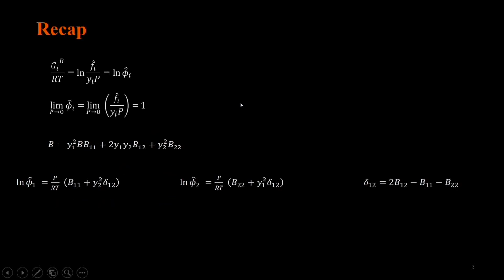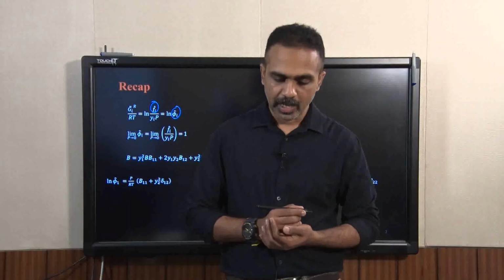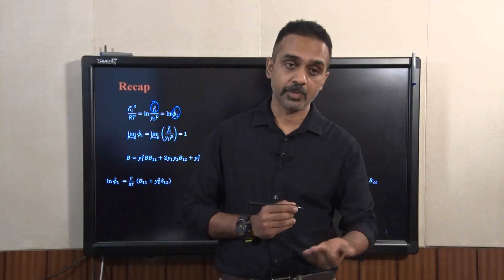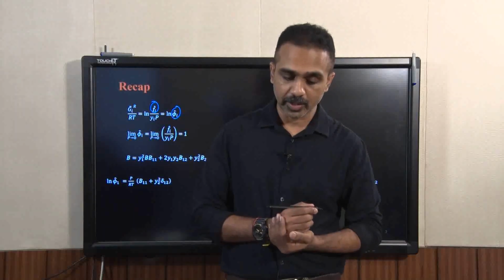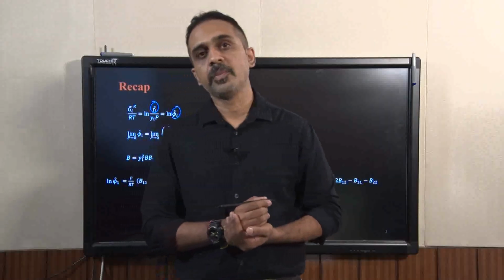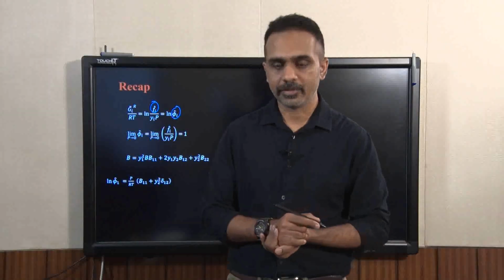In the case of mixtures, we defined what is known as f_i hat, the fugacity of species i in the mixture, or phi_i hat, the fugacity coefficient for species i in the mixture, and related it to the partial molar Gibbs free energy, the residual partial molar Gibbs free energy G_i bar R. In the case of the mixture, we said as the zero pressure limit, the fugacity will approach the partial pressure of that particular species. To be able to calculate the fugacity of a species in a mixture using the virial equation of state,